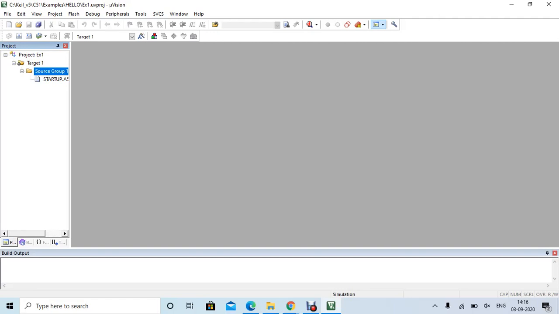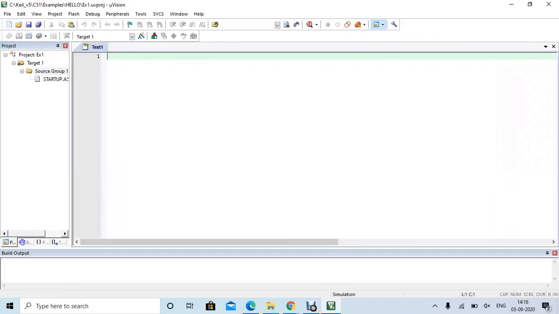Now after this you can write the assembly level language program, but for that you need to have a text editor or text window. So for that you have to click on this particular page type icon, that is new or Control N. Click on it, and a text window will be opened. Here you can type the assembly level language program, but you have to leave the first line blank. From the second line you have to type the program. So I'll just press enter, and I have already written an assembly level language program, so I'll just copy paste it.